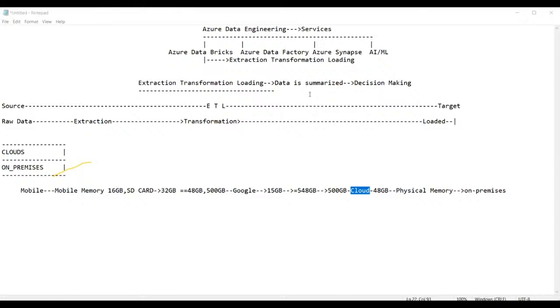In the same way, guys, tell me now, where is Google Drive actually stored? Google Drive stores the data in the cloud environment. So what is a cloud environment? Ultimately, it stores the data physically in data centers. Every cloud provider has data centers, and in these data centers the entire physical data will be stored. Am I right, guys, everyone?